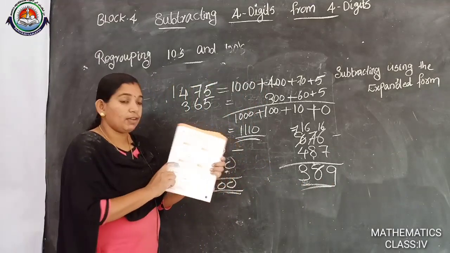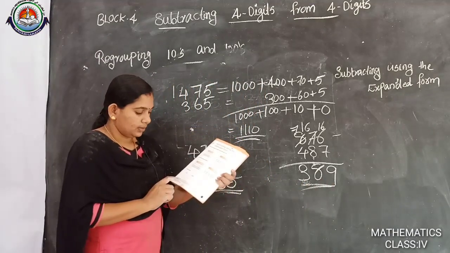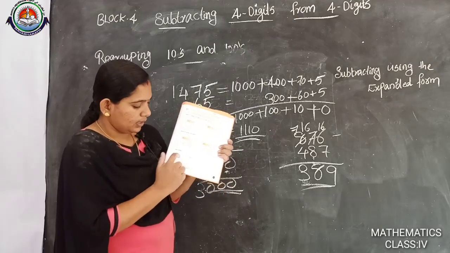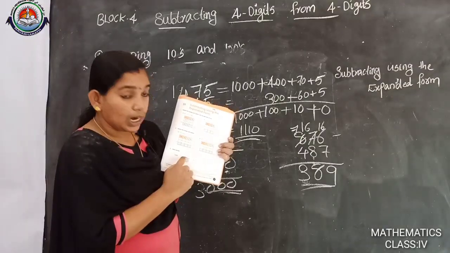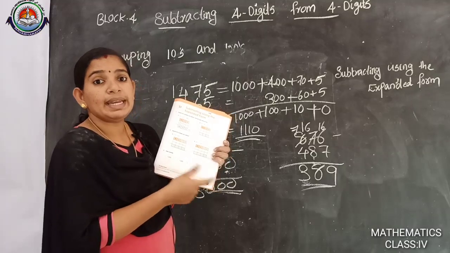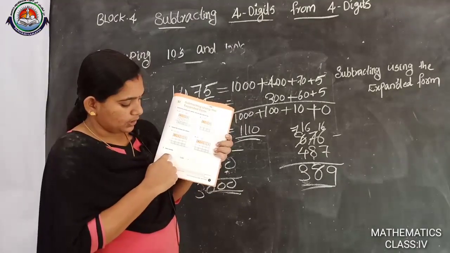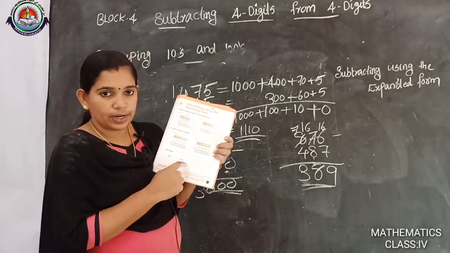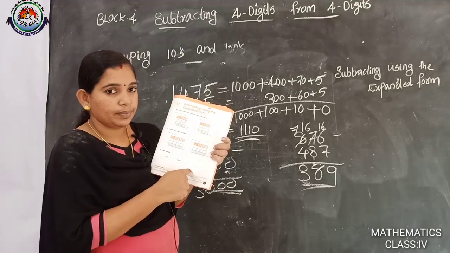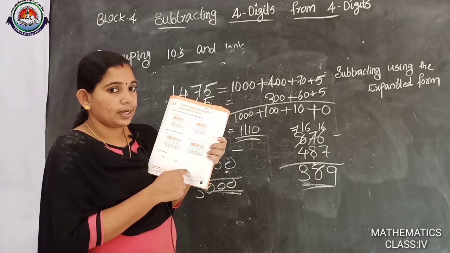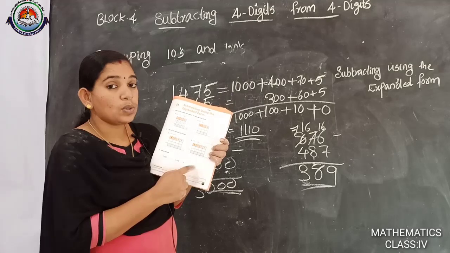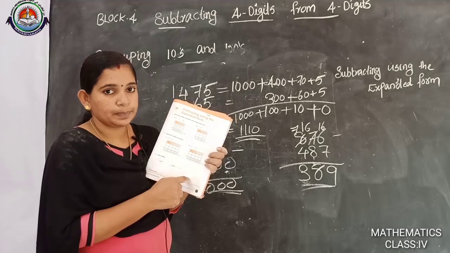Okay. Then same way, 4 digit numbers are there. Here the ones, tens, hundreds places have the same digits. This is mentally calculated. 7,500 and 4,500. The next, which number do we need? 1,500. You got the answer.